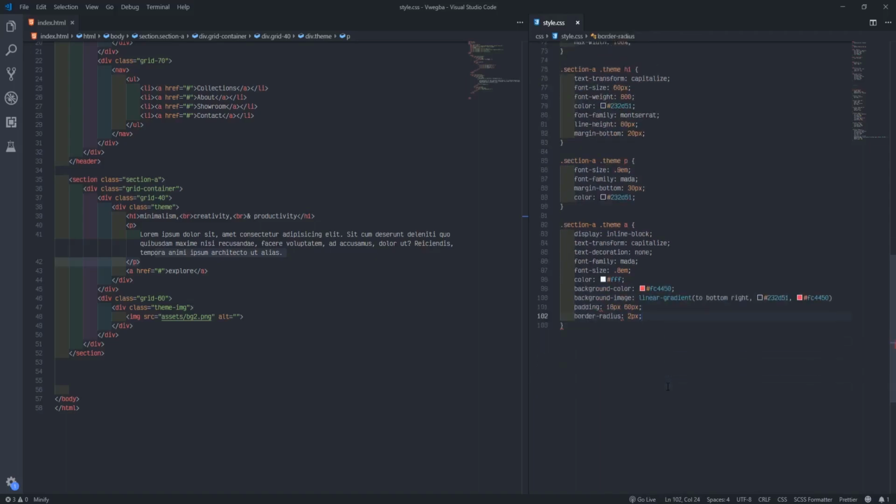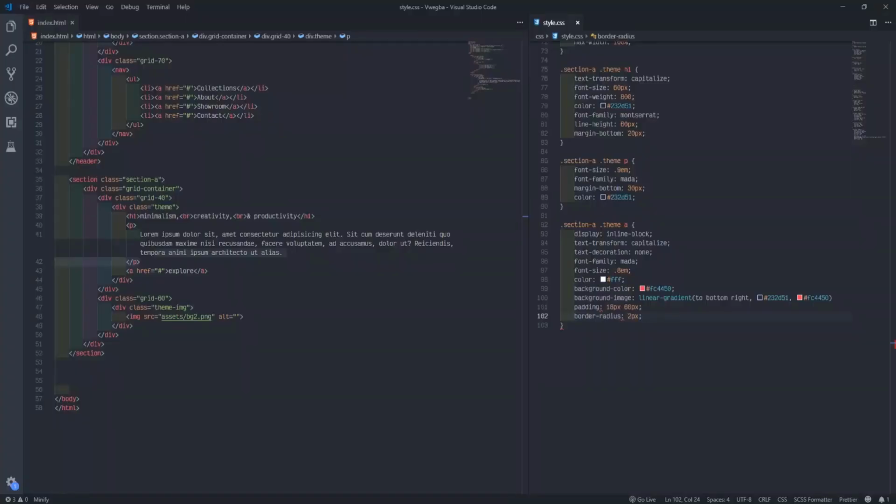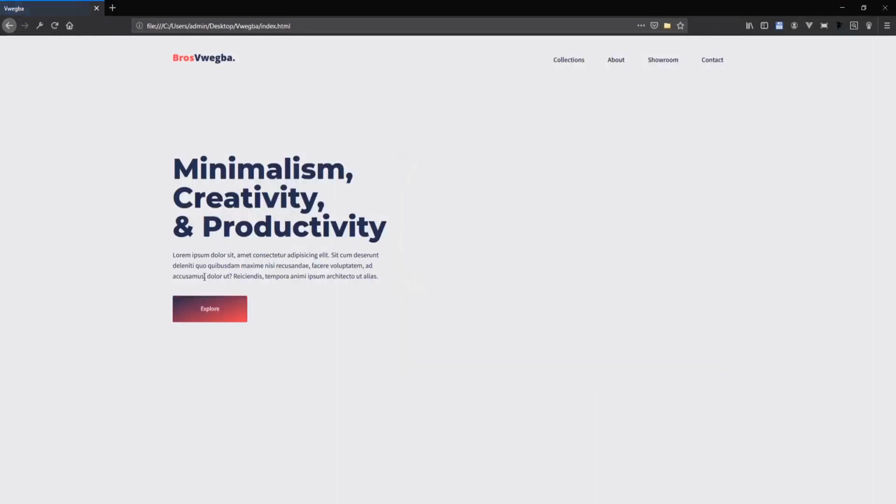Okay, now I'll refresh. Wait, okay, I did not cover this one. I'll not put this here, I'll put the other color too. The semicolon. Make sure the semicolon is there. If not, you'll face this kind of thing. So I refresh now.